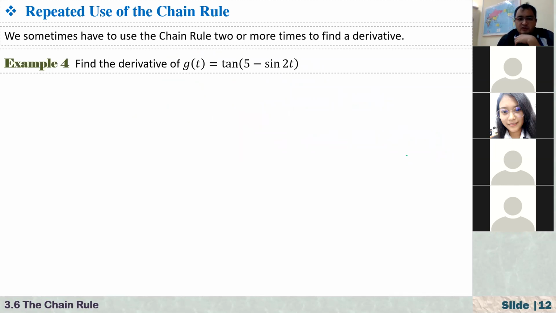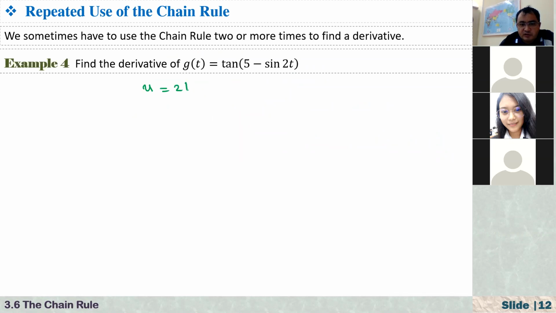Repeated use of the chain rule. Sometimes we can use this repeatedly. For example, here g of t is equal to tangent of 5 minus sine of t. Suppose that our u is 2t. And w is, let's say, sine of u, and our f, or the y, is equal to tangent of